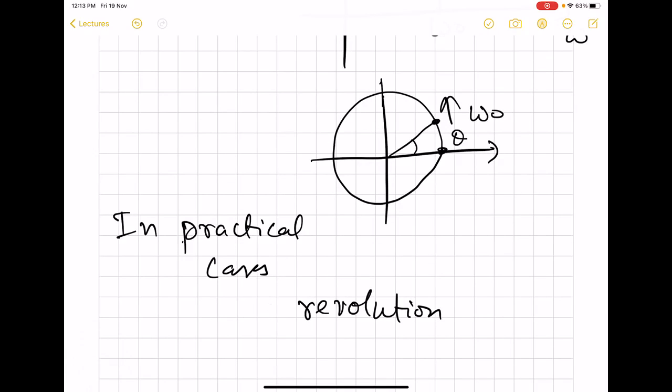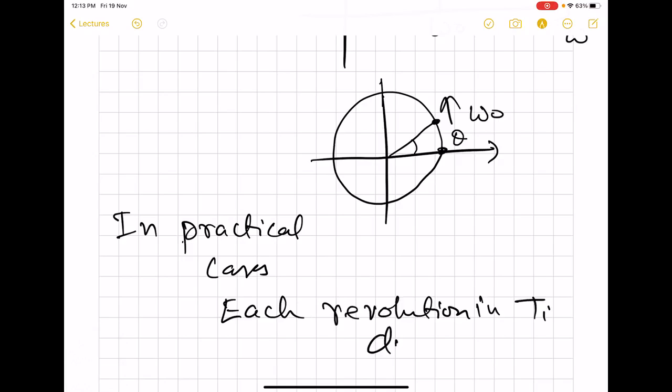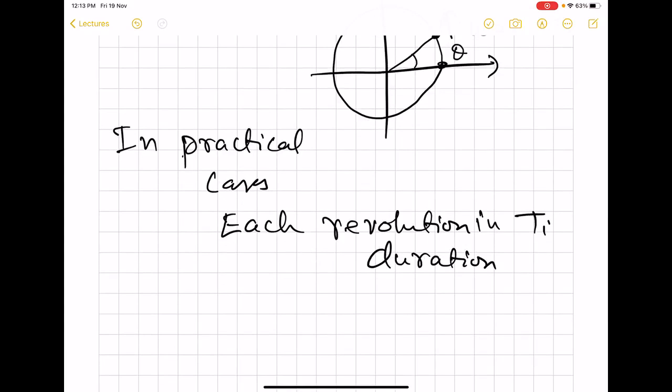Or in fact, each revolution will be completed in T_i duration, where T_i will be slightly different from the ideal T naught